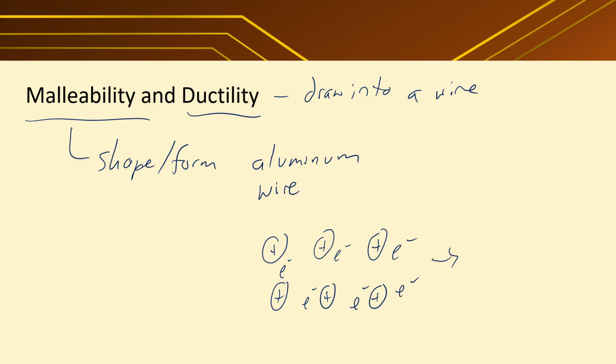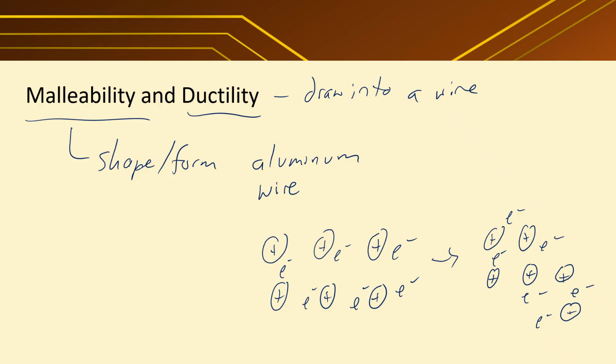So I could shift part of it to bend it and shape it, and the electrons are still moving, and it's not going to just break and shatter like an ionic compound would. Because ionic compounds have that alternating lattice. If you try to apply a force to it, then it's going to activate those repulsive forces. But the electrons here are free to move, so they move along with it as you're bending it,